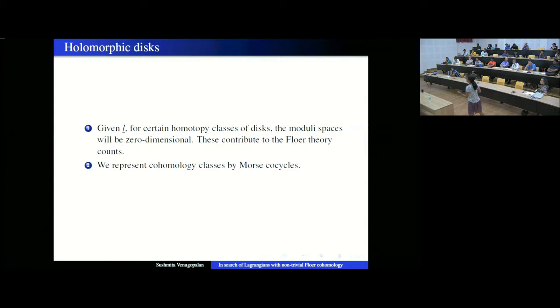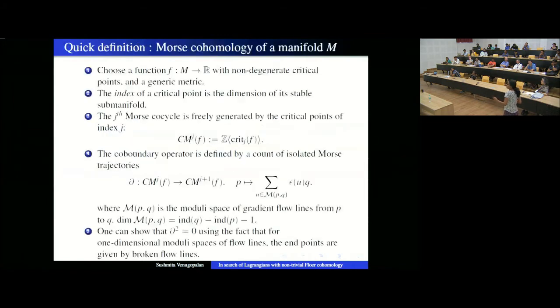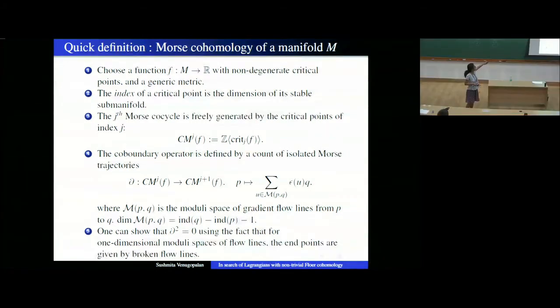And what we are going to do is represent these cohomology classes by Morse cocycles. So I avoid this difficulty of picking the right Poincare dual, and instead I can just deal with Morse functions. In the next couple of slides, I go into a digression and explain what Morse cohomology is. If you have seen this before, this won't take much time. If you have not, this is useful because a very similar concept applies in Floer theory.